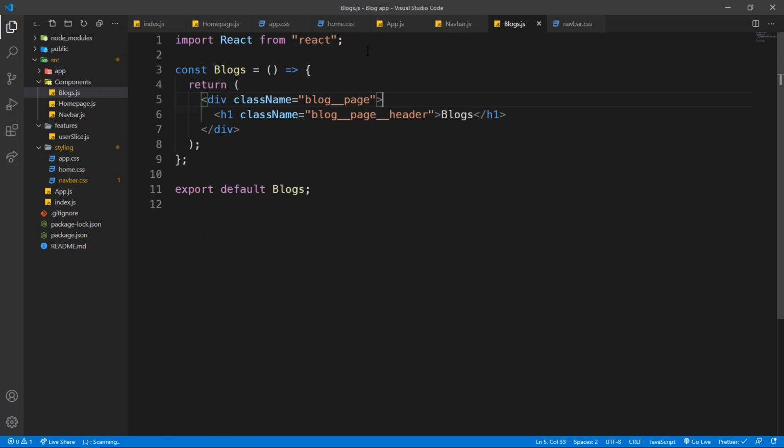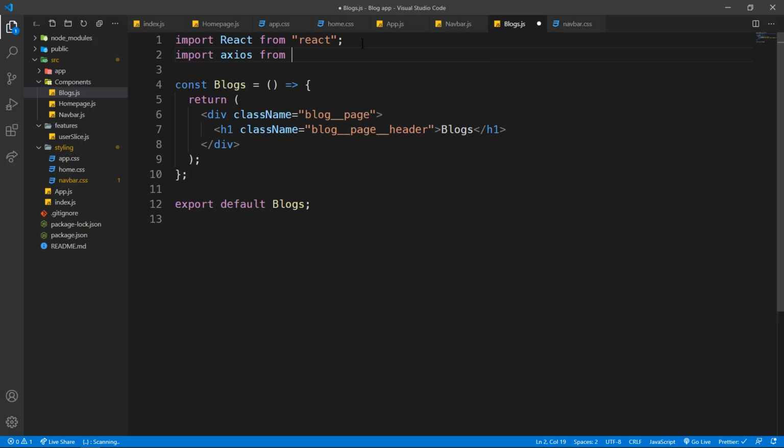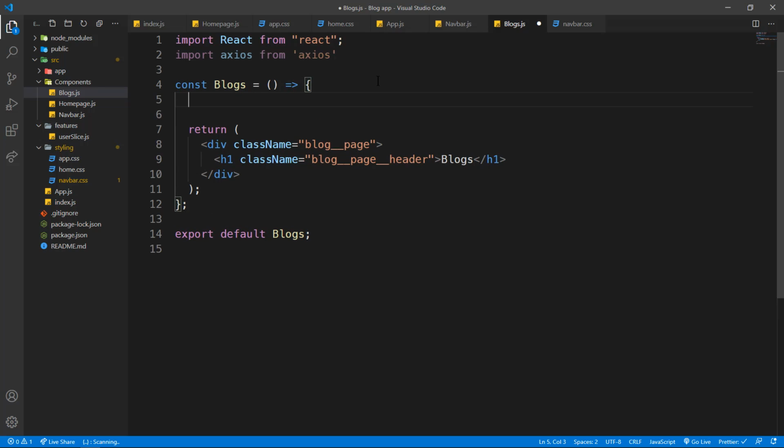Okay, now what we have to do is import axios from axios, and right here you want to get some stuff from Redux. Okay, first of all you want to get user data, and you want to get the search input. The search input will be equal to useSelector,